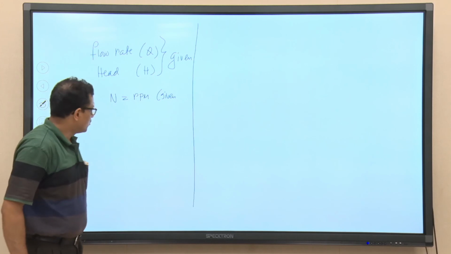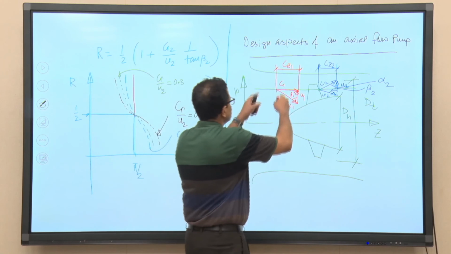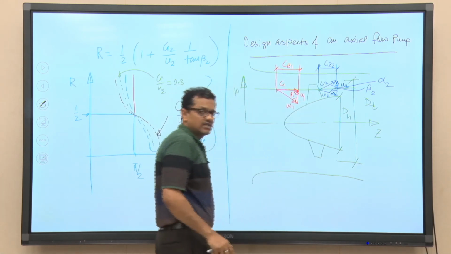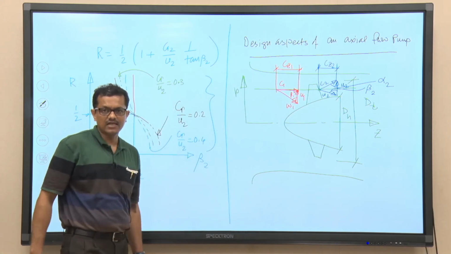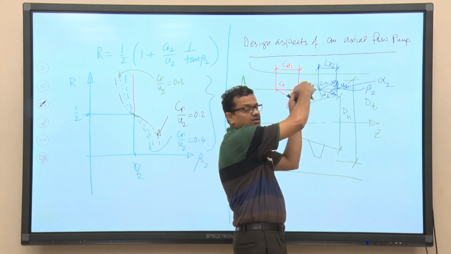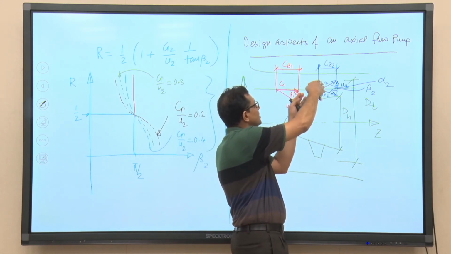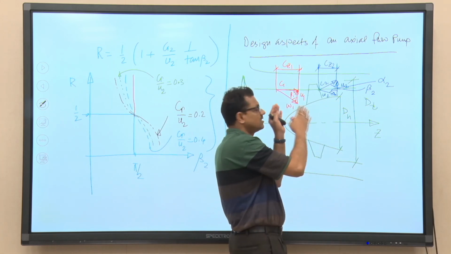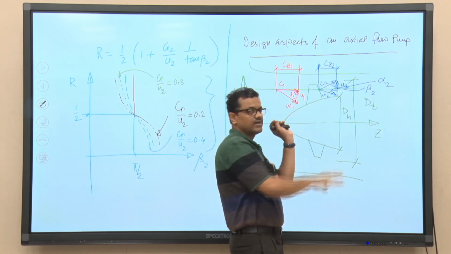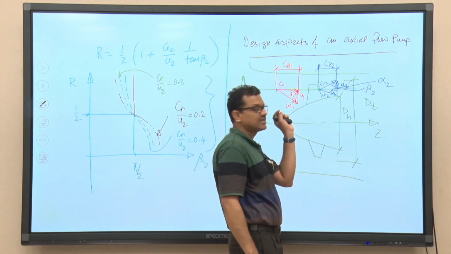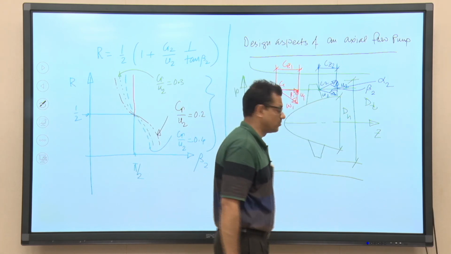Okay. Now, you know that for this particular case, this is CZ1, that is the flow velocity at the inlet, and this is CZ2, that is the flow velocity at the outlet. If I can recall correctly, in one of the classes I have discussed that for the axial flow pump, since area is remaining constant, Q will be constant. So, the flow area is pi by 4 dt square minus dH square, and this is constant, and now because hub diameter is fixed and tip diameter is fixed. So, area is remaining constant, from the continuity equation it can be shown that Cz1 is equal to Cz2, right.